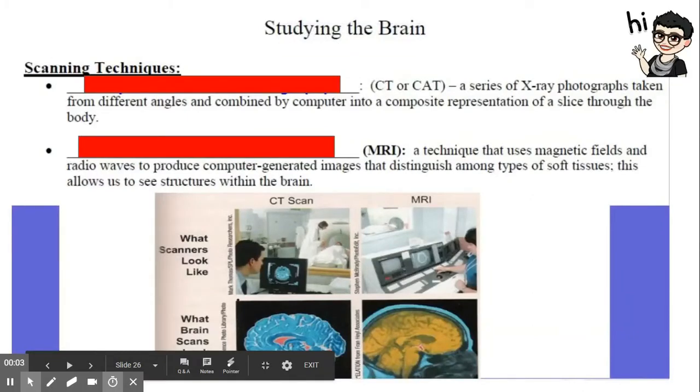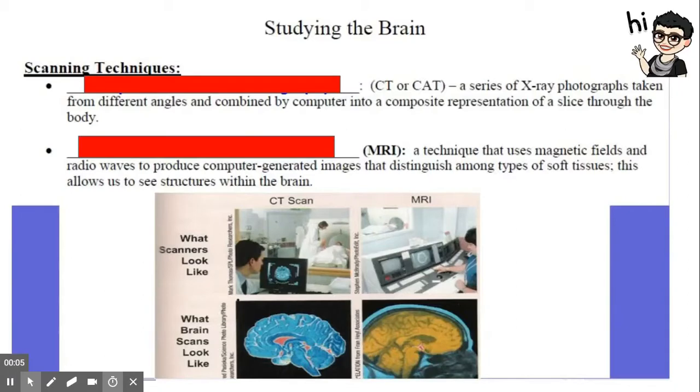This is Mrs. Politsky, and I have notes for Module 7, Studying the Brain. So we're going to talk about brain scanning techniques. And the first one we're going to mention here is something known as a CT or a CAT scan, known